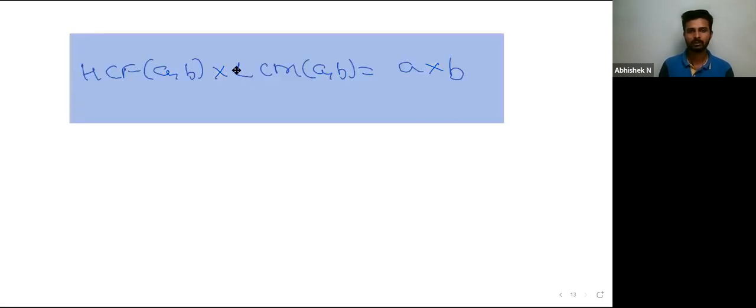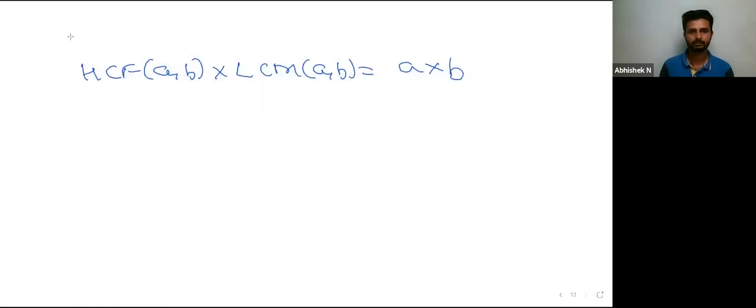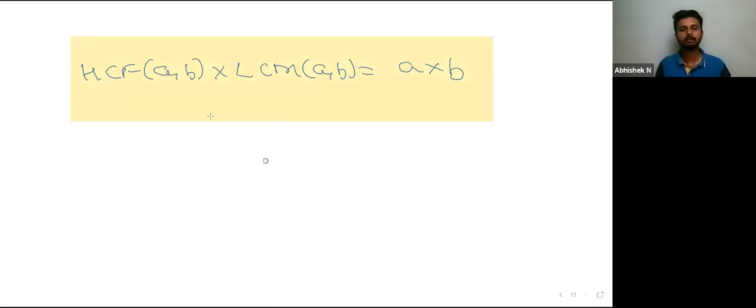So HCF of A and B multiplied by LCM of A and B,